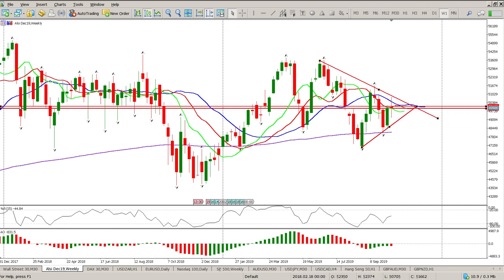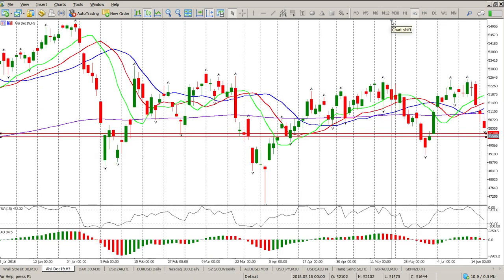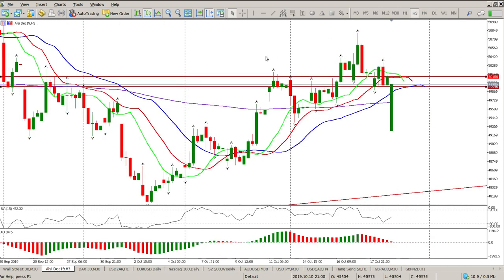And look to the left, this area of 5100, and well, this area, let's just call it 50,000 with 100 points either way, is the area that we seem to have a lot of interest in. Anyway, the daily picture is confused. If we look at the